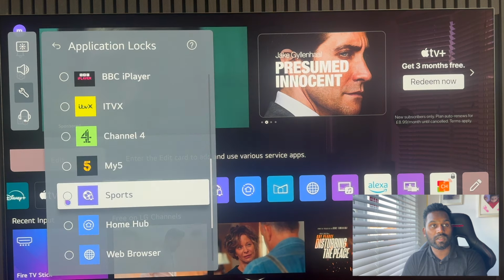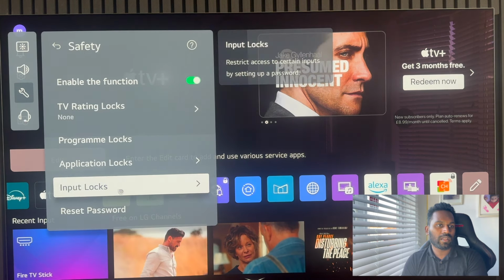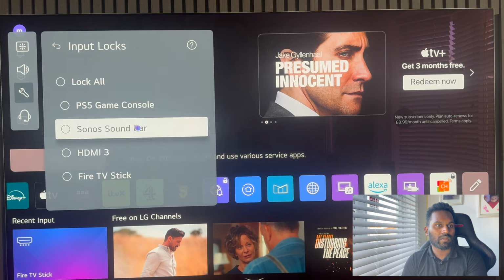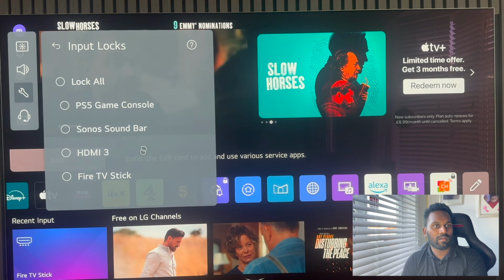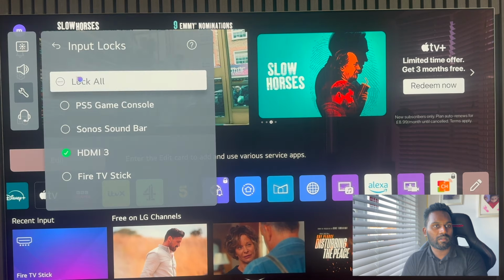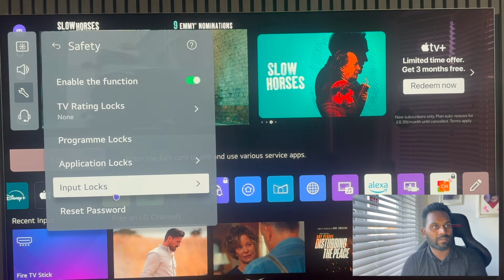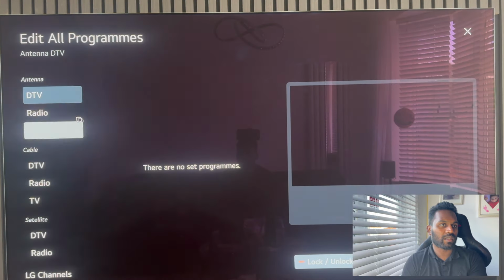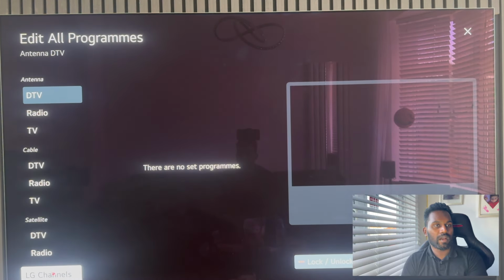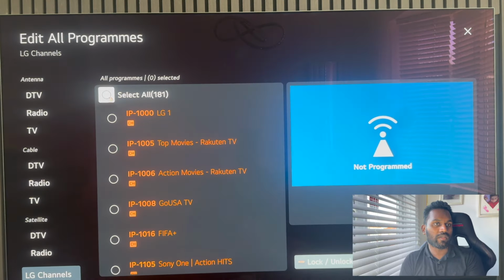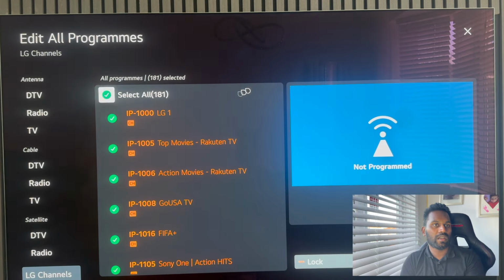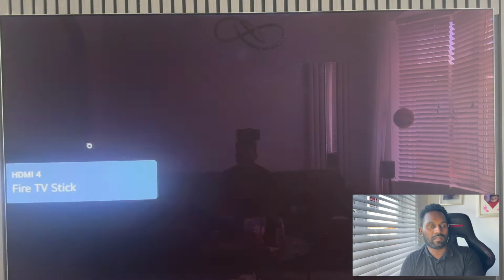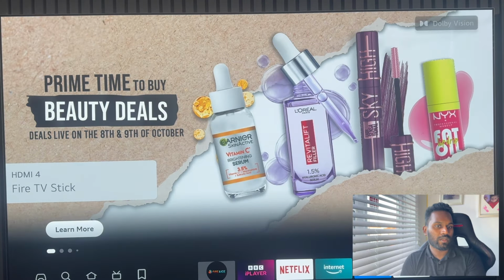You can also lock all if you want, but I think that's a bit too much. And then you can also lock the inputs. In this example, we're going to lock the HDMI 3 only. So let's have a look at how this shows up on the TV. Once you hit back, things get refreshed. I'm trying to hide a lot of the LG channels, so here I am applying locks across all the LG apps. This is just for the example for this video, but if you want to do it, the options are there. Once I've exited out,